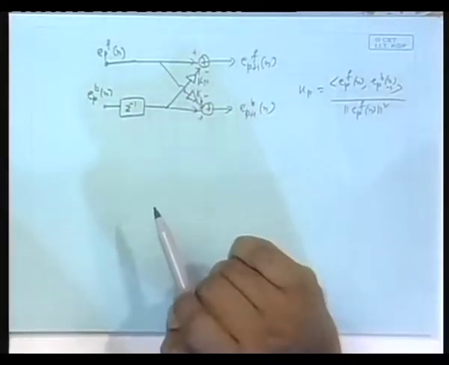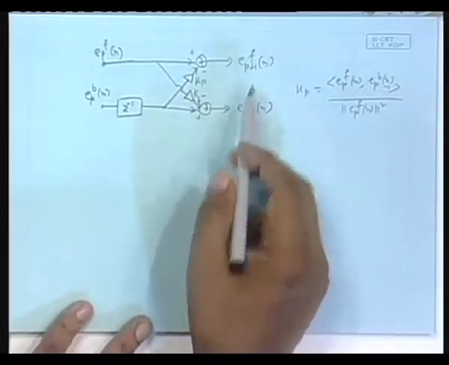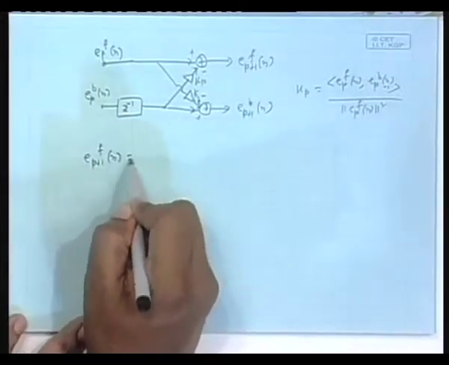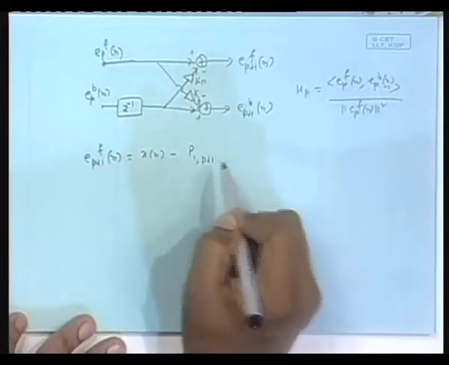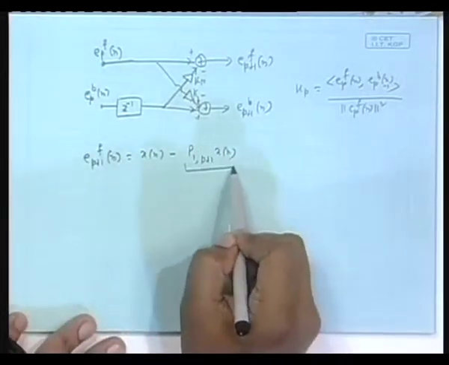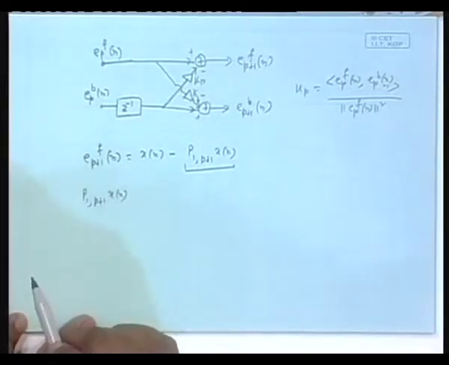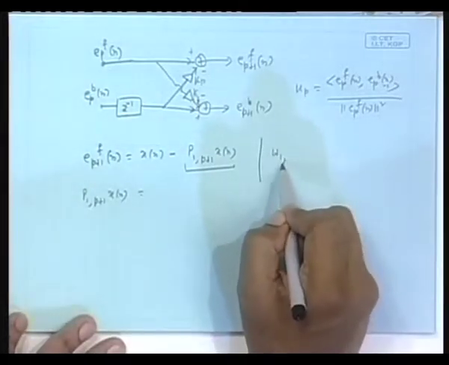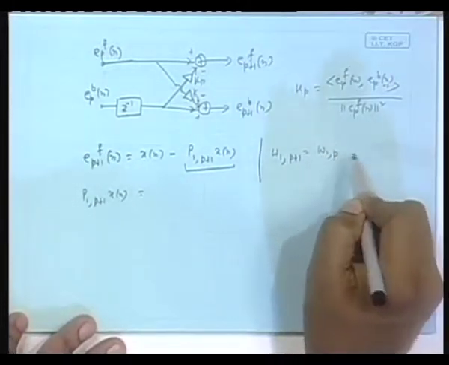We know their original values. Now, before I do that, let us see something. What is EPF? This quantity, what is this after all? X n minus the projection. Let us for the time being concentrate on this projection. For this projection, this is the subspace. You decompose it as orthogonal